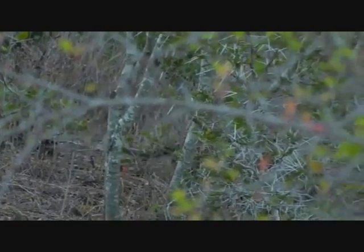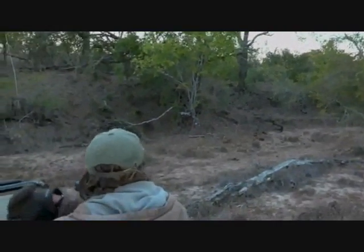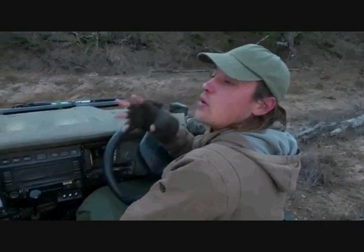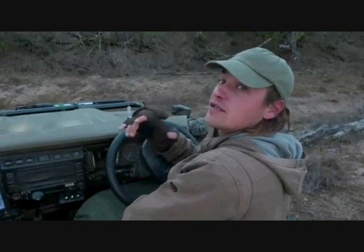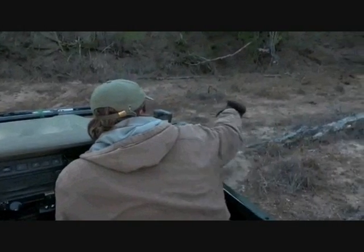Well, Kay Ward's wondering, are the cubs still at risk from hyenas, or are they big enough to get away? Okay, they're always at risk. A leopard's always at risk, even in its adult life, from hyenas. But at the moment, they're pretty safe. They're very agile and very fast, so they can probably get away. So I don't want to take my eyes off. I want to see whether I can just make one of them